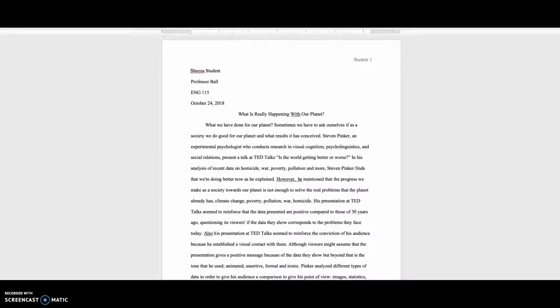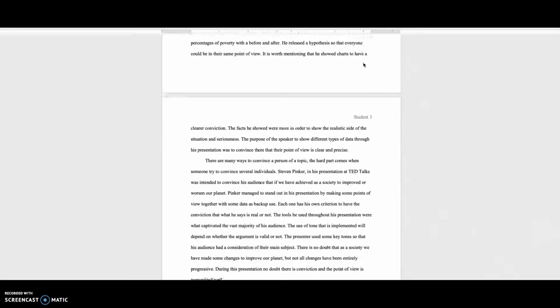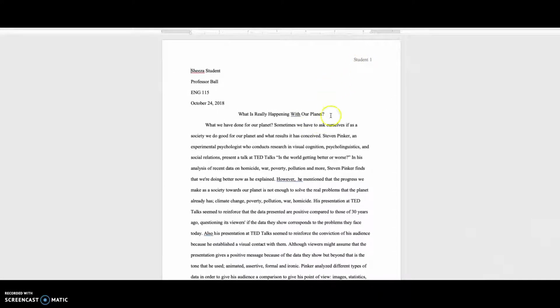The first thing that I look for with any paper is MLA format. So you need your information here at the top, your last name and the page number. Your name, my name, the class, and the date. And just so you know, your heading information here goes on to page 2, on to page 3, and so on. You need a creative title. The title of your TED Talk is already taken, so you need something original.